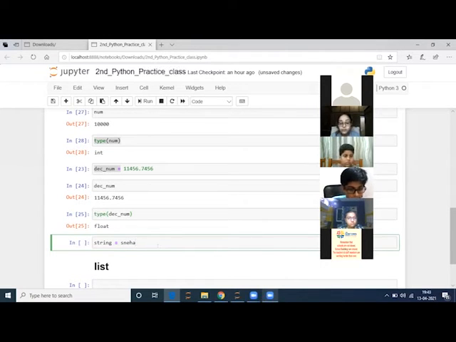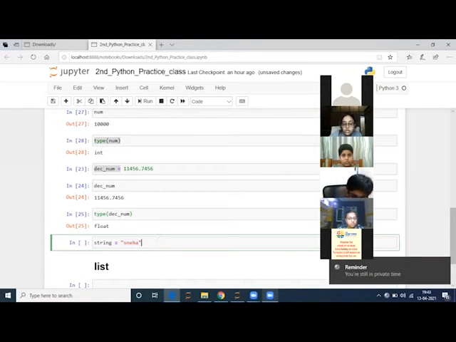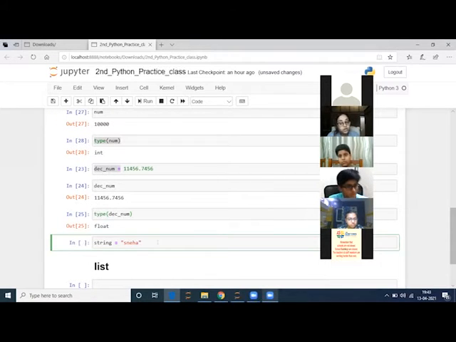For that, we put this Sneha inside inverted commas. I can use either single inverted commas or double inverted commas. Whichever one I use, my machine will know that this is a string and I will not face any problem.